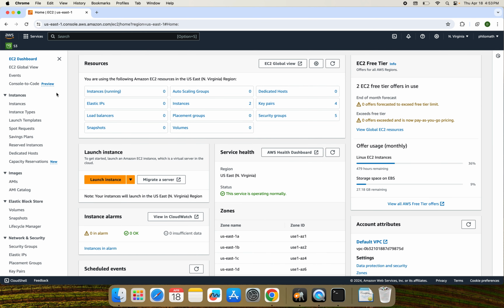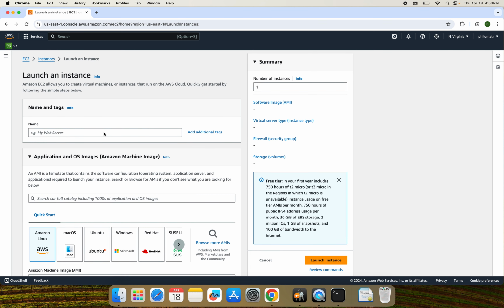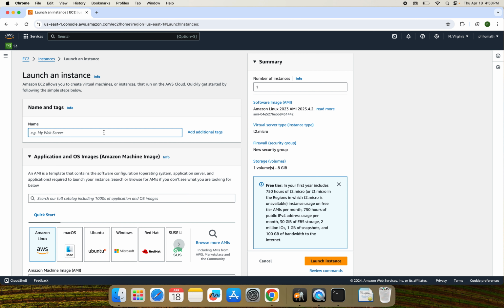Okay, see, I don't have any instances running, so I'm going to create a new instance here. See, instances, and I'm going to create a new instance by clicking on launch instance. First, name the instance. What's the name? Give any name like test AWS instance 1. Okay,